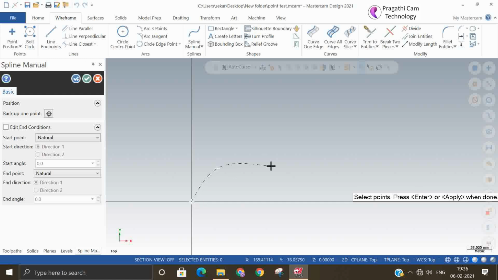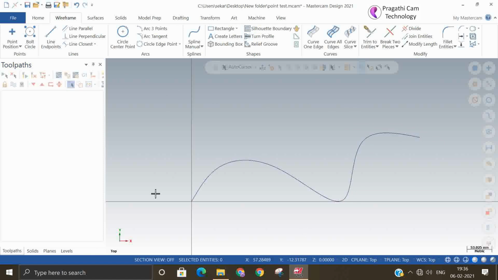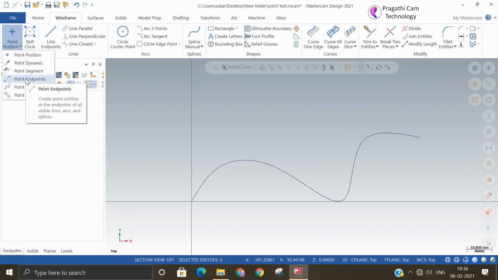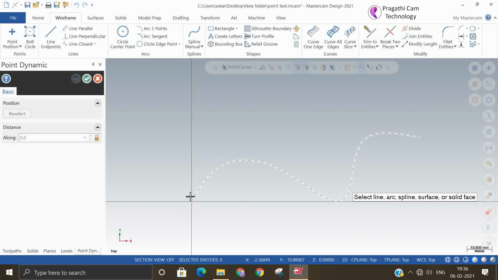Now I will make one spline in the wireframe. The dynamic point may be made on a plane, on a spline, even on a surface. Now I selected this plane. By selecting it, one arrow will appear. Just go on clicking the arrow and you will get the points. These are the dynamic point creation methods.